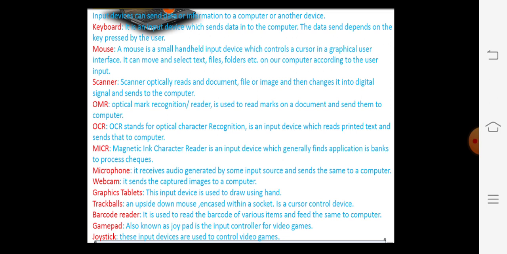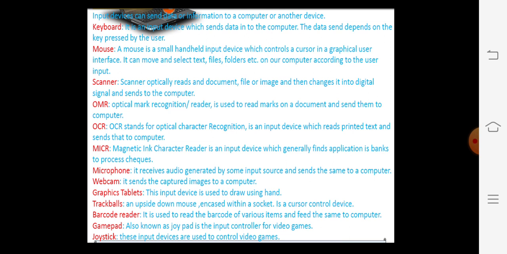It optically reads documents, written or typed documents or hard copies, and it stores the scanned image in digital form and sends it to the computer for processing.